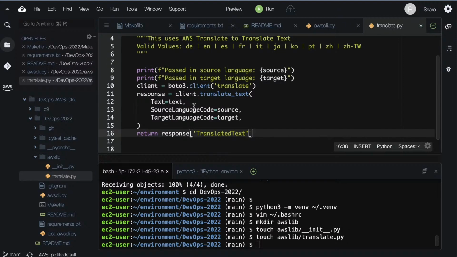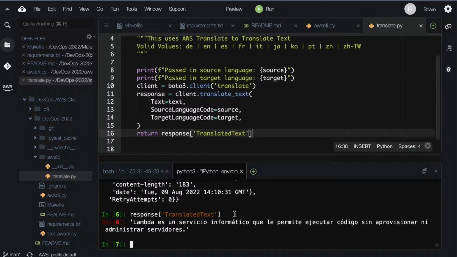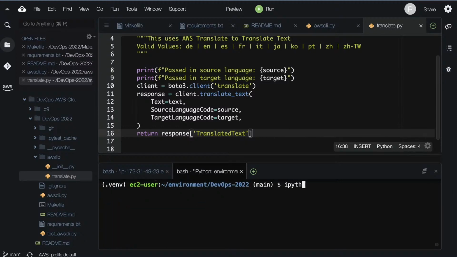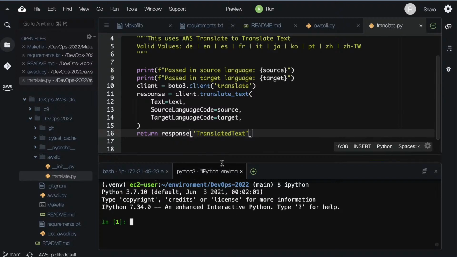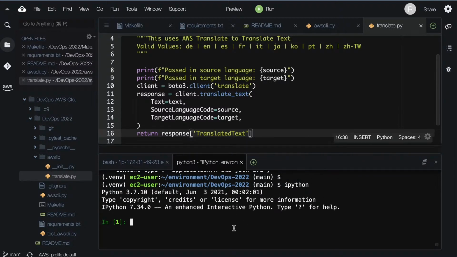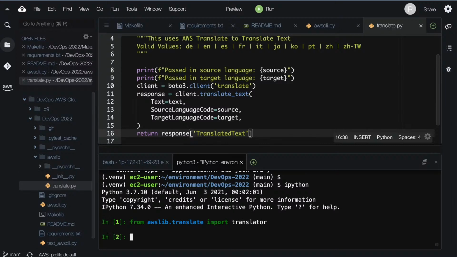So now let's try out our tool. If we go back here, I can just exit, type in IPython. And this again is how I like to test out a library. I would go through here and say from aws lib dot translate import translator, and it should autocomplete for me, which is one of the nice things about IPython. And then I could say result is equal to translator, like that, and we just need to pass in a value for text, and we could just pass in "today is sunny,